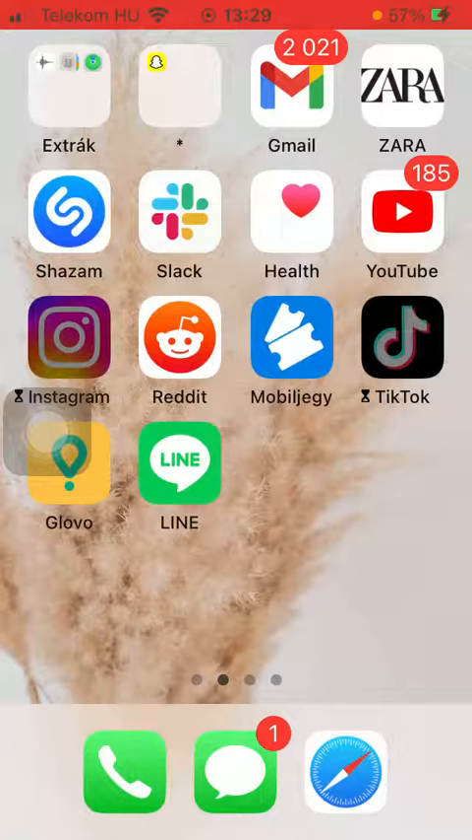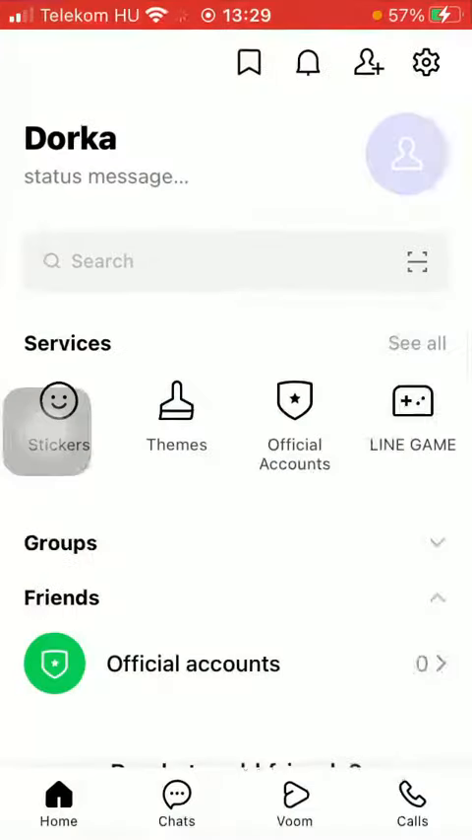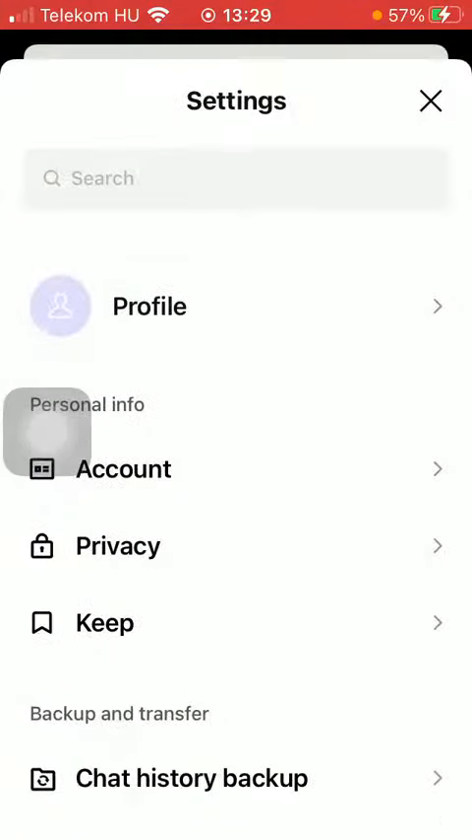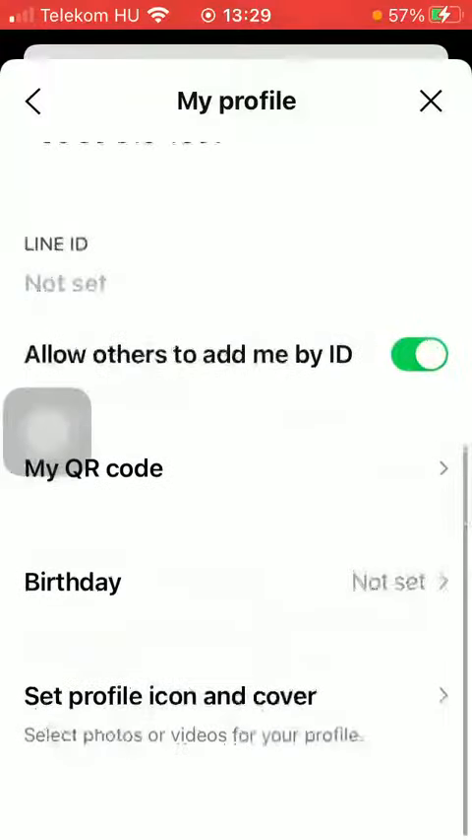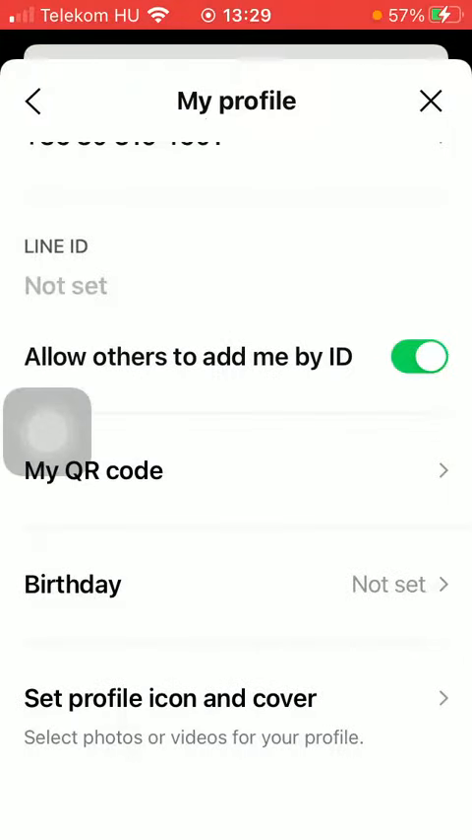Now let's jump into it. First of all, open the application on your phone. Then you should click on the home button down below on the left side corner. And then at the top of the screen on the right side you can find this settings button, so click on it, tap on profile at the top, then scroll down and here you can find this my QR code